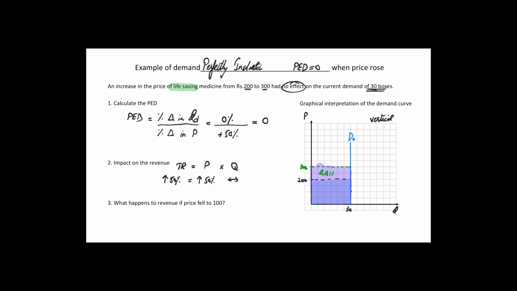At the same time, if the price goes down for this, then you're going to lose the same amount of revenue. If the price falls to 100, so you're going to bring it down from 200 to 100, and so your marking is going to be like this. Obviously your revenue is going to go down, and this will become your loss region. You won't have the gain part in that case, so those will be two separate diagrams to clarify the positions. Okay,